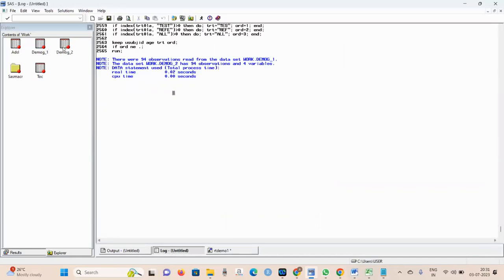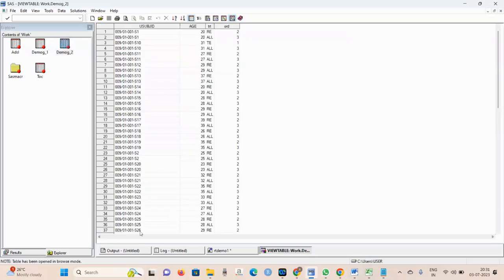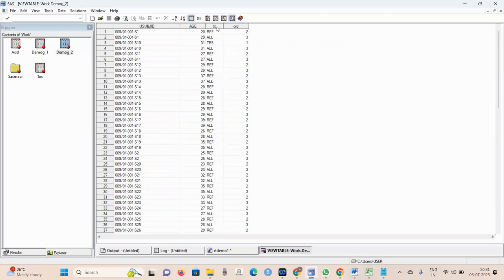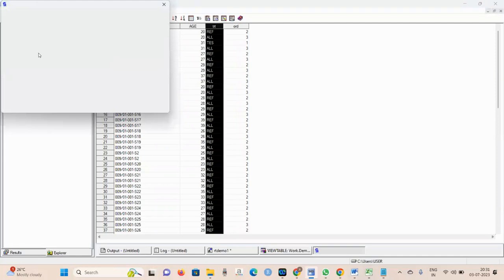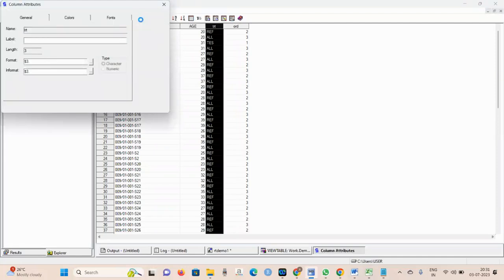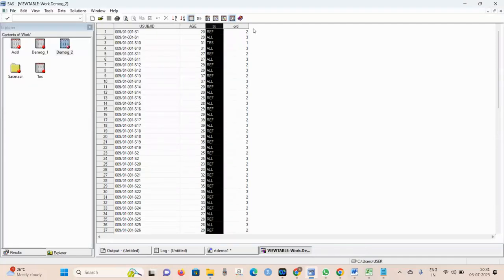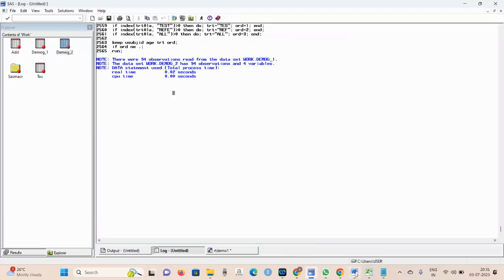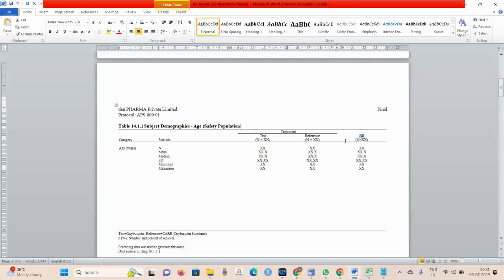So if you open the demo 2, we have unique subject ID, age. Yeah. This is again truncation. Okay, so order. Okay, we have given the order and the treatment and the age for the subjects. Okay, so we take, as per the mock shell, all these three variables and the category variable. Okay,